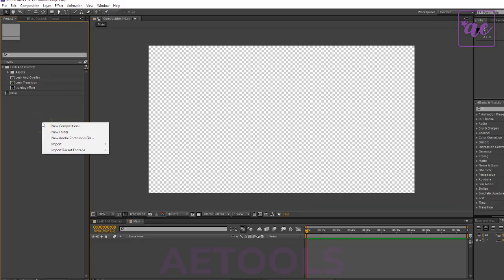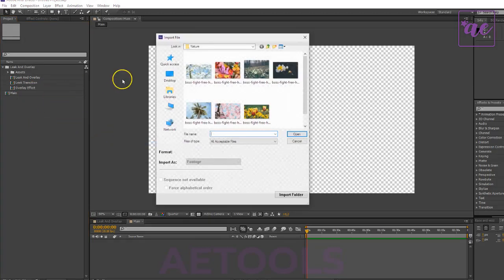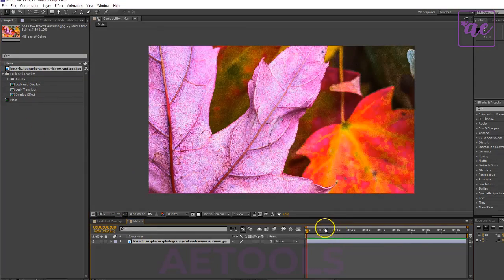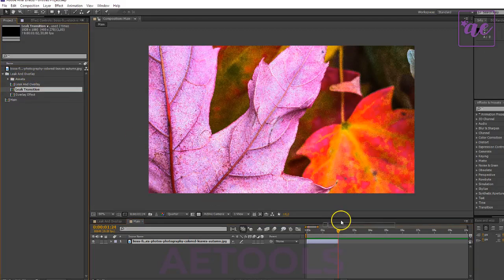For example, I'm going to right click, import, and I will import an image. I will hit OK, drag it, drop it, select for example 3-4 seconds, like so. I'm going to trim it like here by Alt with inner bracket. Then I'm going to take my leak transition, drag it on top,